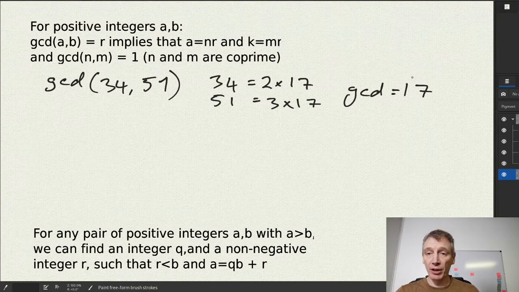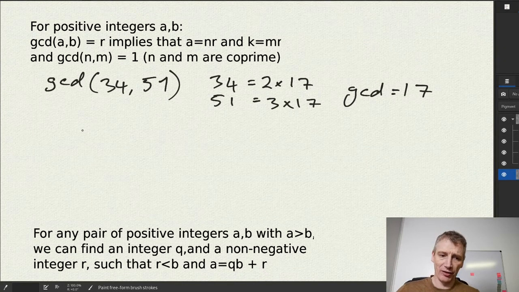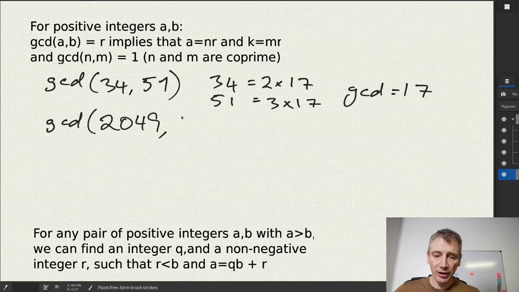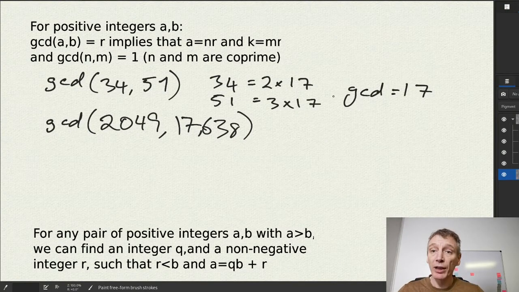So in situations where we can do these by examination, by inspection, it's pretty easy. But you can always find a greatest common denominator. That's fairly obvious, but it's worth stating, that there is always one. But sometimes it's not so easy. If you have, for example, the greatest common denominator of 2049 and 17,638, what's the greatest common denominator? I don't know. But we are going to give you a technique that you can use to calculate greatest common